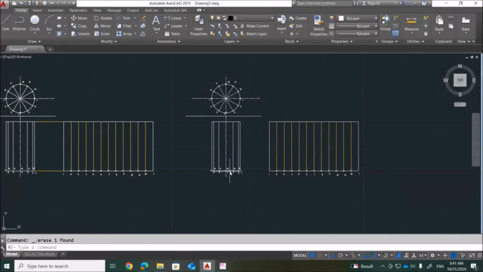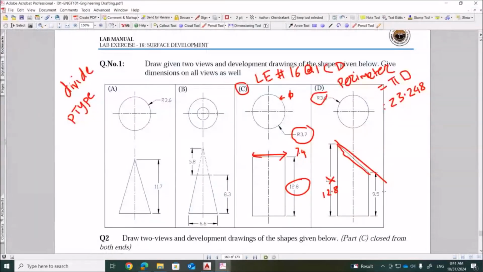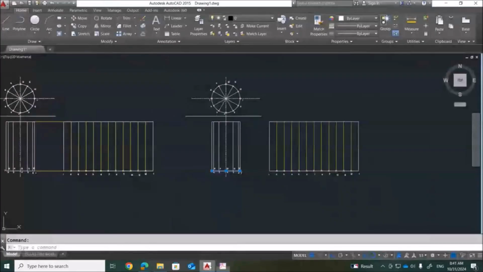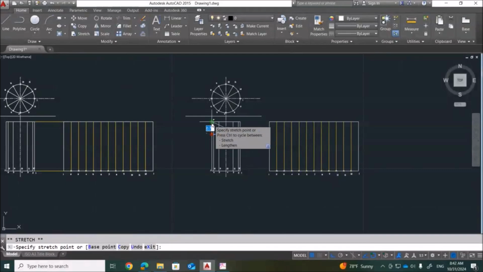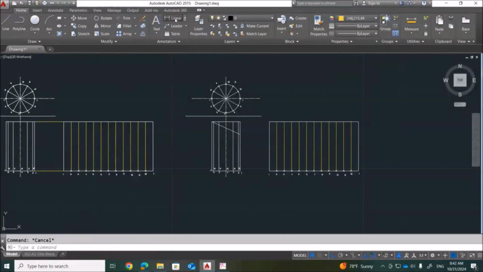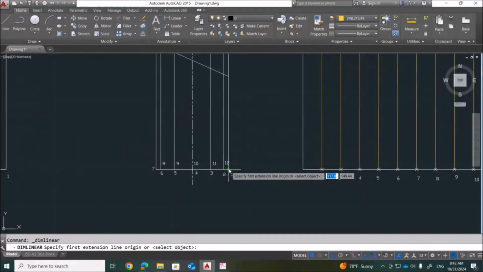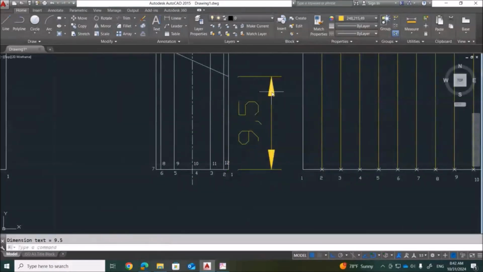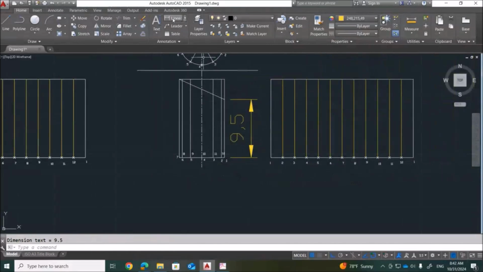Okay, and now I will offset this line. How much? 9.5. 12.5 is like this already. 9.5 only. So select, click offset. 9.5. Enter. Up. Okay, so this line, this point, this is like this. Now you can see here what I told you before. Bilayer line and dimension linear from this point up to this point is 9.5, and from